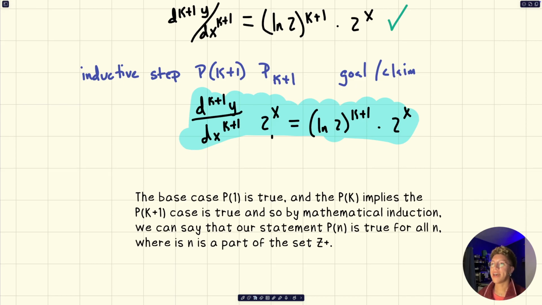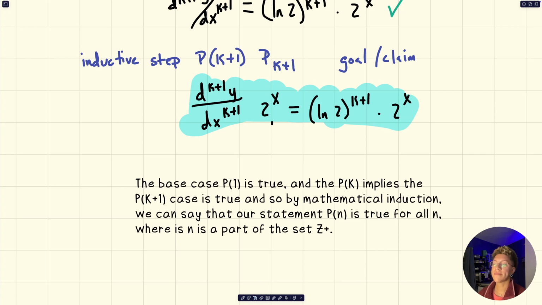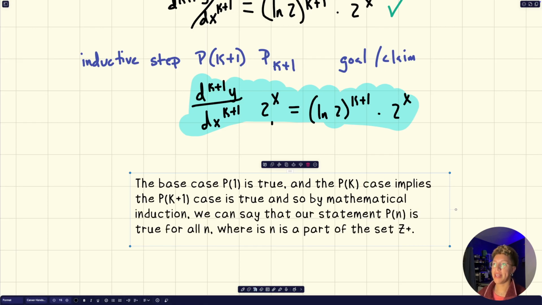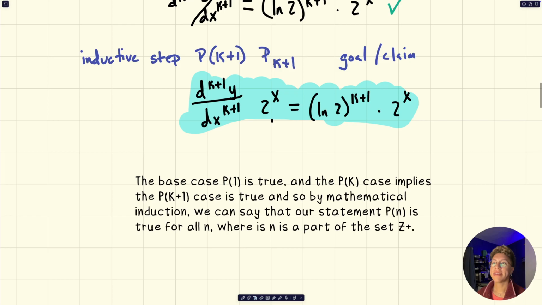Okay, let's move down to practice problem number 1. Well, just rereading that, make sure we didn't miss anything. Base case is true. Oh, I guess we could say here, the P of k case implies the P of k plus 1 case is true, and so by mathematical induction, we can say that our statement P of n is true for all n as part of set Z plus. All right, moving down to